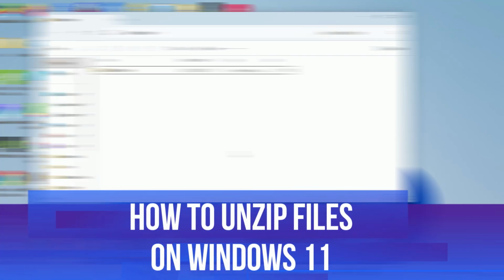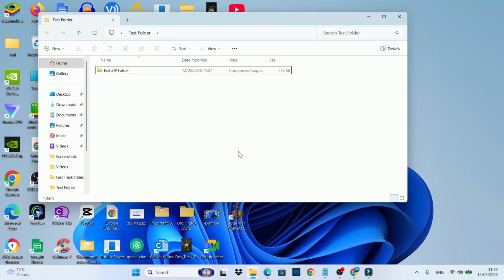In this video, I will show you how to unzip files on Windows 11 step by step. This is a quick and easy way to extract files from a zip folder on your laptop or PC, but